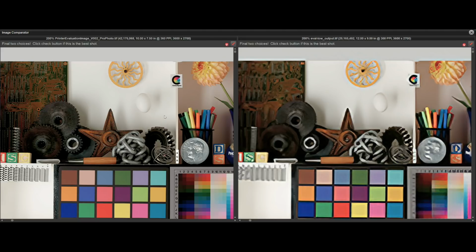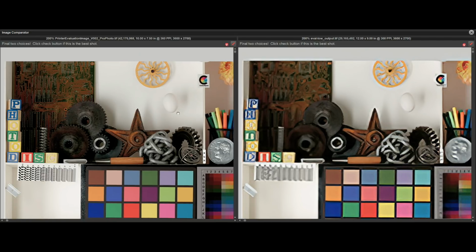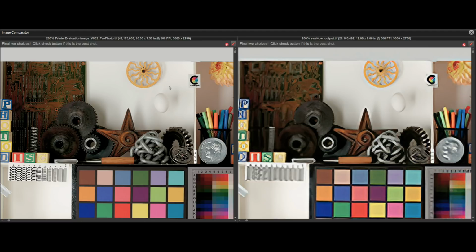And interestingly, it takes these letters here and distorts them to the point where some of these letters are not recognizable anymore. They're sharp, but it's changed the pattern. And we also get some effects like that on this wheel up here on the top, on the sun wheel, where you can see that this is smooth and it's inserted some muddiness or modeling in between the spokes here. And if we go over to our